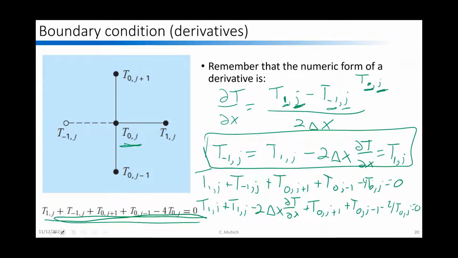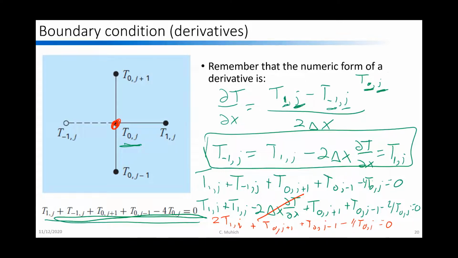And then in this case, if we say that that derivative is 0, that just goes away and we end up with 2 t1 comma j plus t0 j plus 1 plus t0 j minus 1 minus 4 t0 j equals 0. Okay, so in essence, we just have a slightly different functional form for those edges